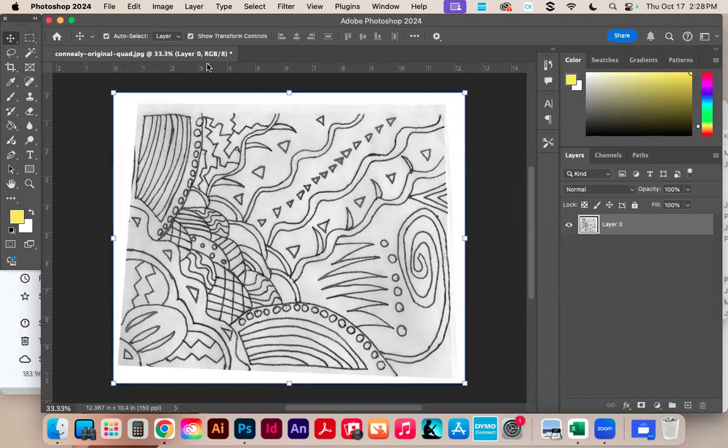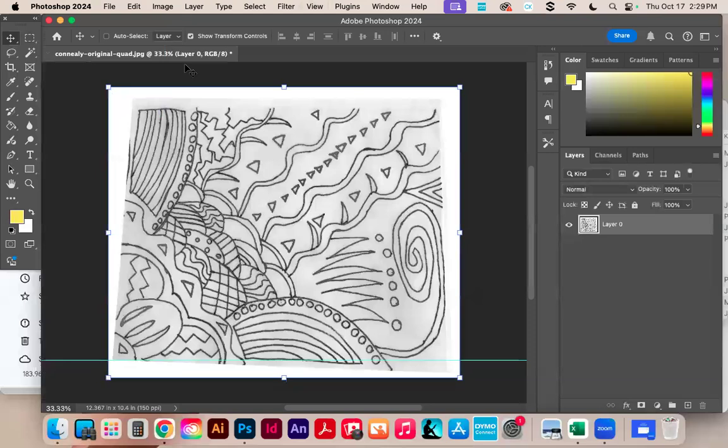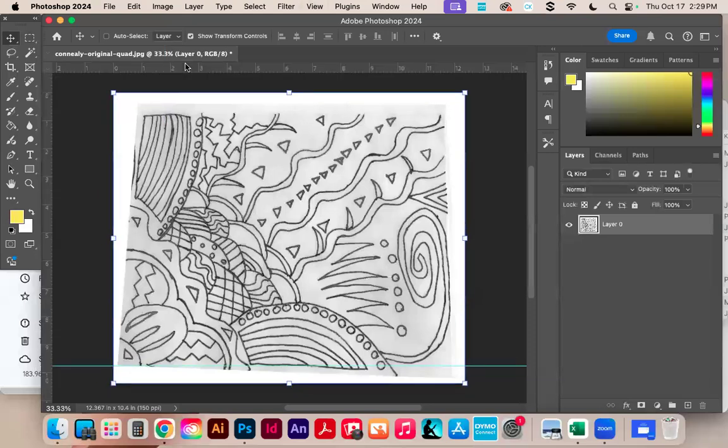What I'm going to do is put a line here, and I'm going to put a line here. If you need rulers, you press Command R. Command R turns them on and off. To get the guidelines, you just press and hold and drag a line out. I'm going to put that across the top right here where I want my art to be. And I don't need this one. And I'm going to put one